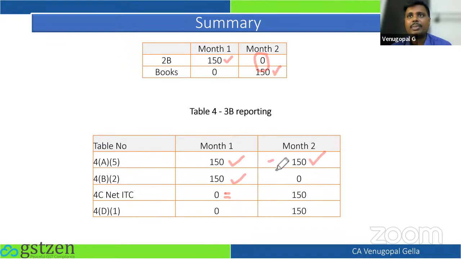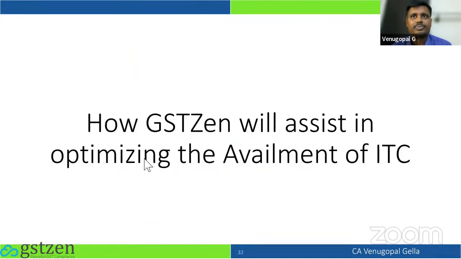Now you may say 150 plus 150, the total credit that you have reported for the year could be 300. You may say that. But there is also a reversal that happened earlier, 150 rupees. That means the net credit that you have availed is 150, which is already there in the portal. In the month in which you are re-reporting, you should ensure there is a correlation between the value in your 4B2 and 4D1. This is another point you should be very careful of.